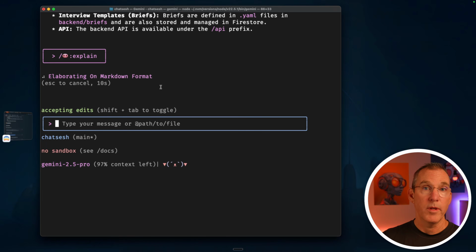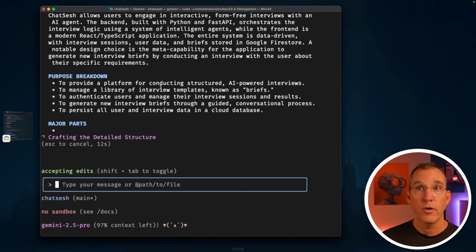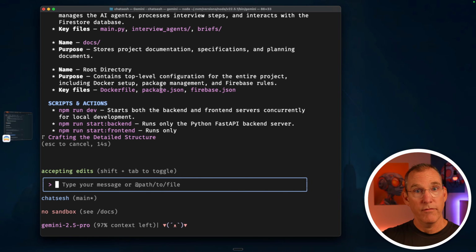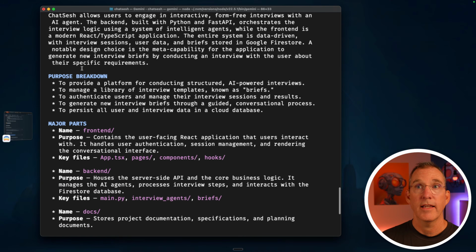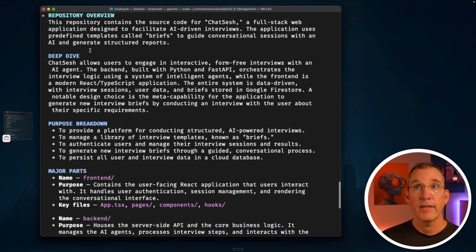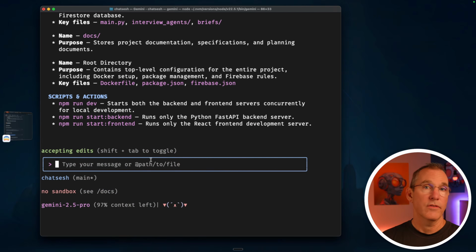I drop into any repo with this and I can just select my own Explain and it fills it out in a format that I've decided that I want my Explain to always come out in, so that I can see here's the basic breakdown, here's a deeper understanding of what it's doing, and the major parts, scripts and actions, those kinds of things. That allows me to always get a formatted, structured output of what I want with just a